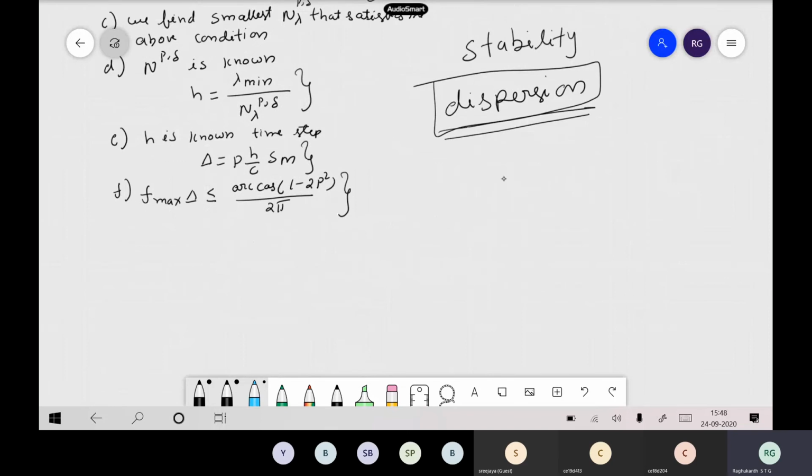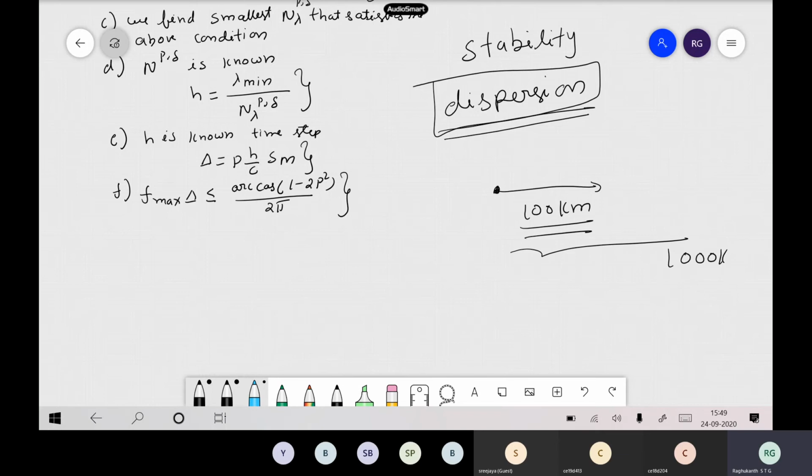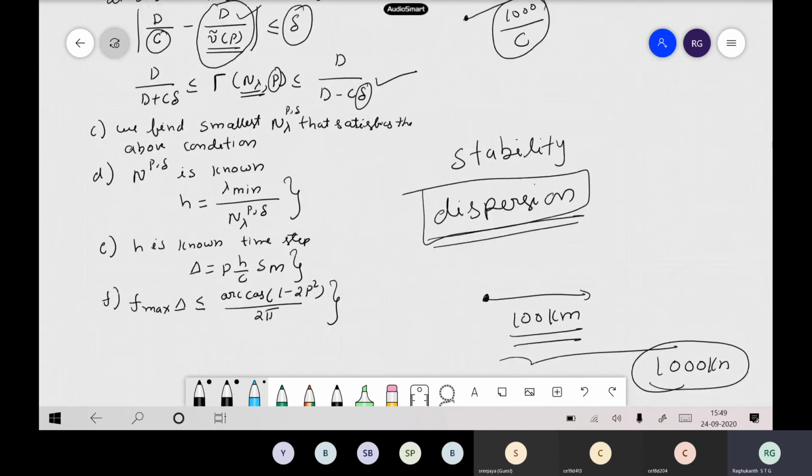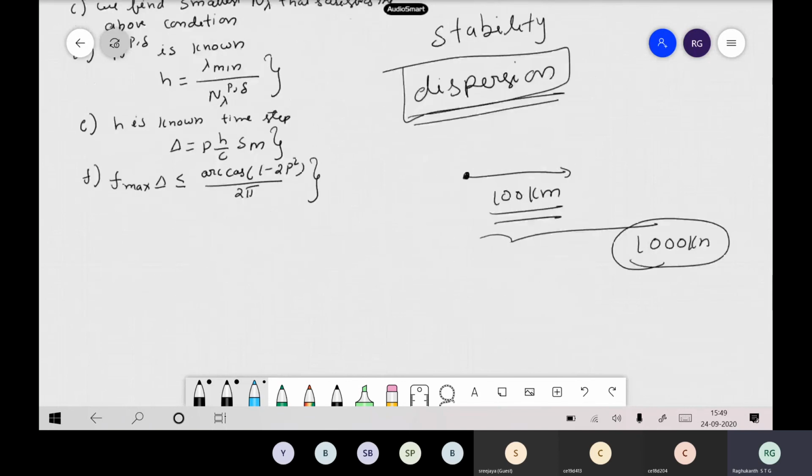So generally in finite difference or any finite element or spectral element methods, let us say you have a source here and you have a site at a distance of 100 kilometers. So you want to simulate up to 100 kilometers. What we try to do in practice is, you increase your mesh, so you go up to 1000 kilometers, and then you do all these calculations, and D and other things you find out here.